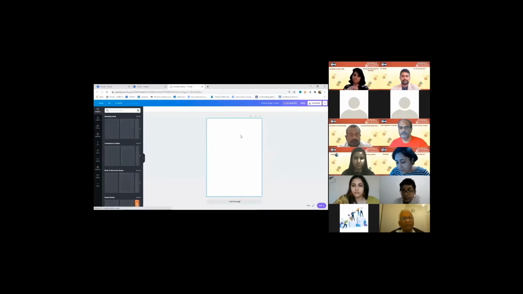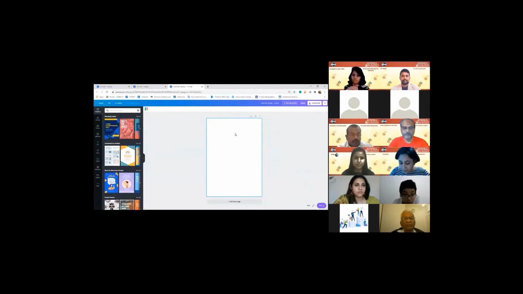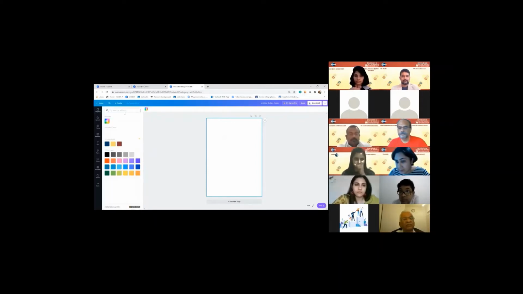Okay, so we go to poster. Now the first thing we need to follow is TMI brand colors. Once you land on this poster page, you see an icon on the left side top corner which says background color. Click on the icon. Now, if you remember, I added the brand colors. You do see them here. I added the brand kit colors. They're already here because I did it in the first page.